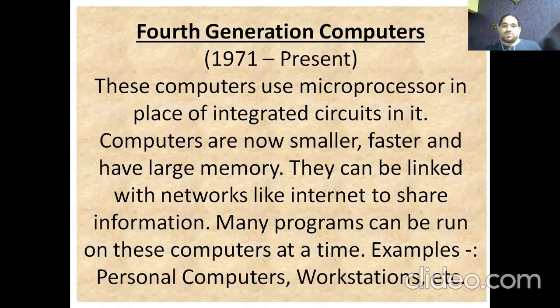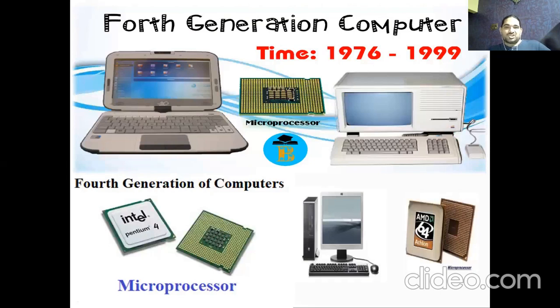Nowadays we are using personal computers, PCs, right? In PCs you must have found that many times we are doing multiple things. We are listening to songs, typing, or sometimes watching a small movie in one corner of the screen while doing work at the same time. So we are doing multiple tasks. That is all because of the fourth generation. Fourth generation computers use a microprocessor, you can see there Intel Pentium 4. Different chips you can see, and how the computers were fully modified.